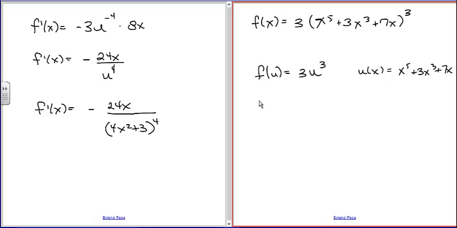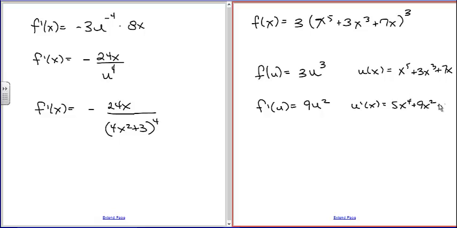Okay, next one. These are just polynomials, straight polynomials. f prime of u is 9u squared. 3 times 3 is 9. Reduce the exponent by 1. u prime of x is going to be 5x to the 4th plus 3 times 3 is 9, 9x